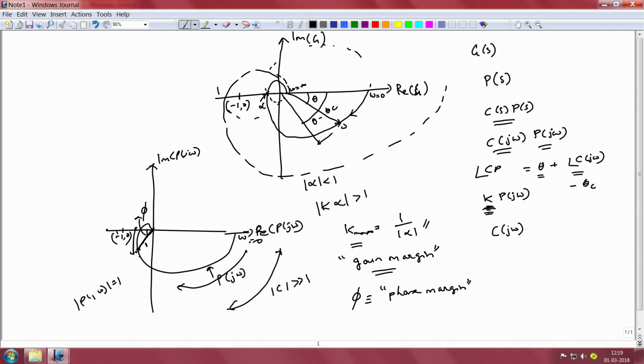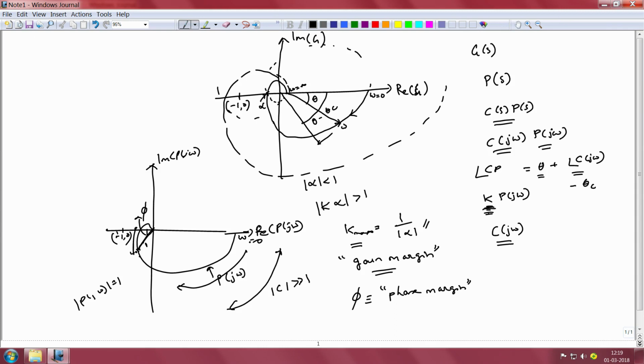So, what the Nyquist plot clearly reveals to us is that it is not wise in general for us to have a static gain as our controller, though it is preferred in terms of simplicity, but rather to have a dynamic gain. In other words, a controller that exhibits dynamics, and we choose this controller to have adequately high gain at frequencies where our performance targets need to be satisfied, but at frequencies where stability alone is a concern, we make sure that the gain of C of j omega is not very high.